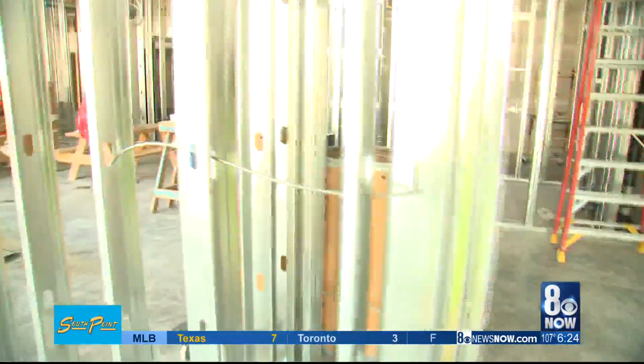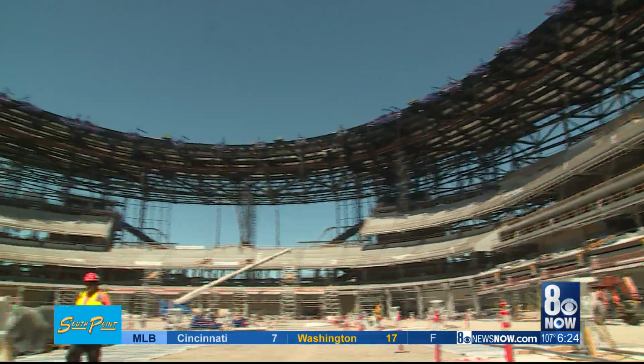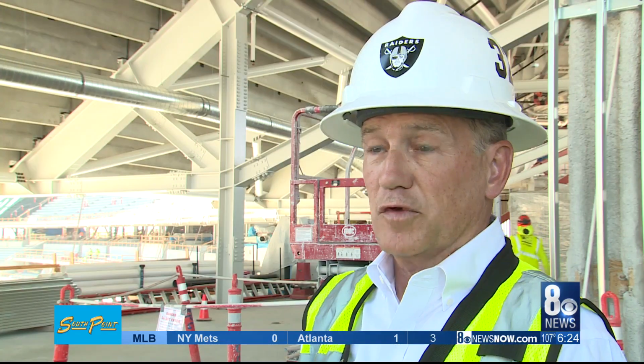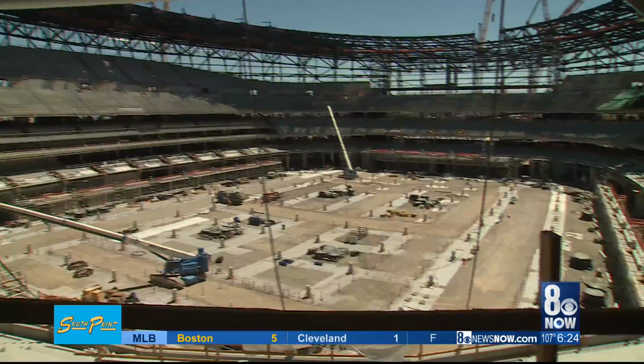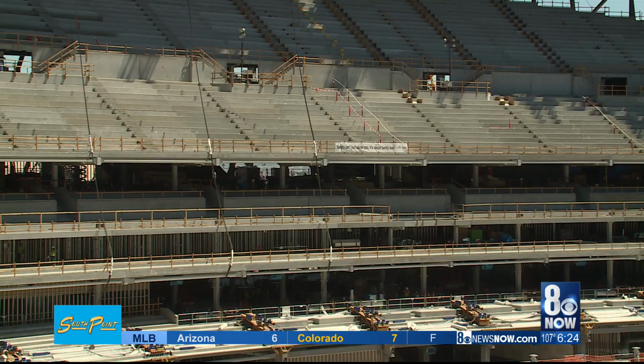What might be most impressive about all this, though, once they're ready to set the cables on the roof, the building will be allowed to settle, but not too much. Actually, it's designed to move. It's designed to move once the final steel members are in place and we remove some of the temporary shoring and bracing. That we actually expect, and the engineers have designed this building to settle, the roof to settle,